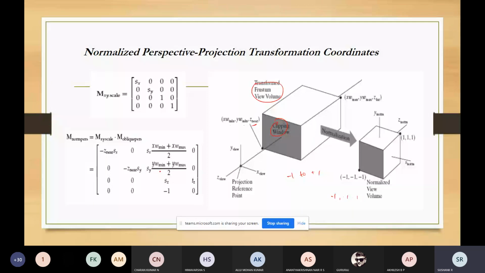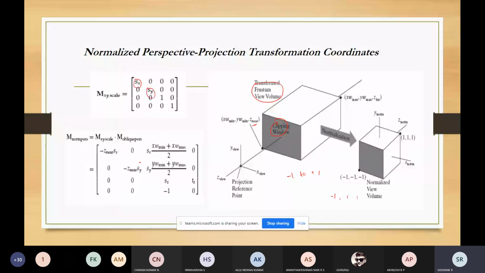So for that, no translation was needed with respect to the x and y normalization. We just required only the scaling part. We just required only the x and y scaling with respect to the origin. So that's why you can see the translation is not there. Here we required only the scaling part. So that's why we are using the scaling along the x-axis and scaling along the y-axis.